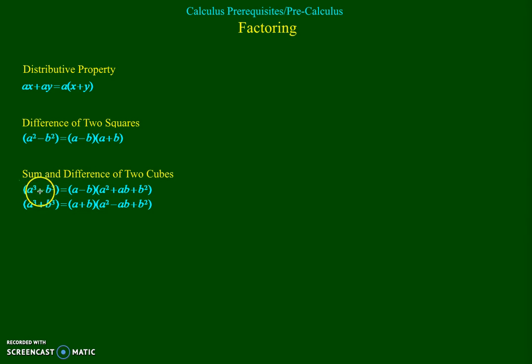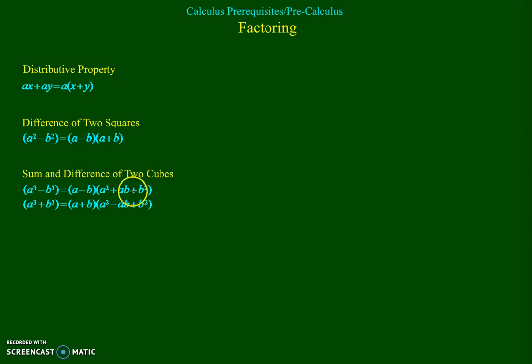You take the same sign, and the cube root of the second term, b. Then your multiple here is the first term squared, so that would be a squared. So you take this term and square it. The opposite sign, so if this is negative, this would be positive. Then the product of the two terms, a times b,